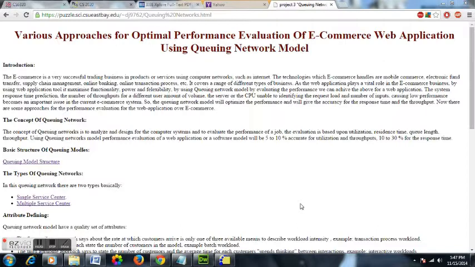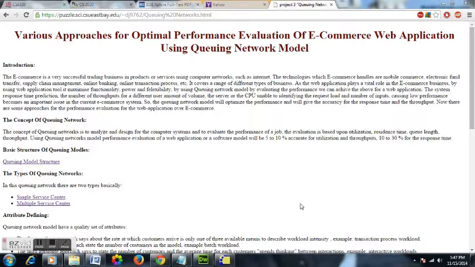So why web application in e-commerce? By using a web application tool, it can maximize the functionality, power, and flexibility of an e-commerce. So for this web application tool, I'm going to use a method called queuing network model. What basically queuing network model will do, it will evaluate the performance of this web application,